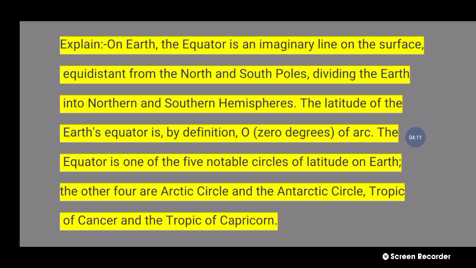54 number question, explain. On earth, the equator is an imaginary line on the surface equidistant from the north and south pole, dividing the earth into northern and southern hemisphere. The latitude of the earth's equator is by definition 0 degrees of arc. The equator is one of the 5 notable circles of latitude on earth. The other 4 are the Arctic Circle, the Antarctic Circle, the Tropic of Cancer and the Tropic of Capricorn. Next question,